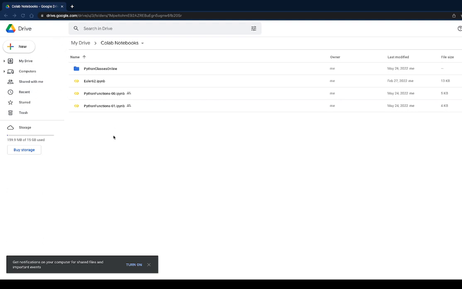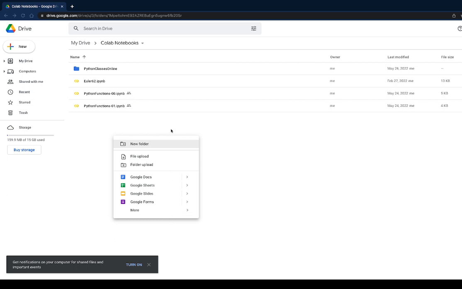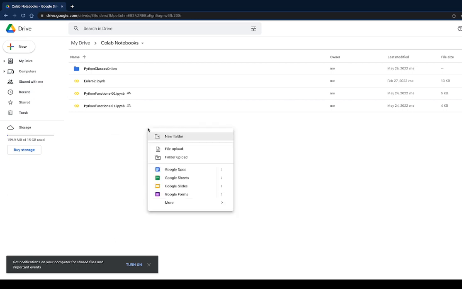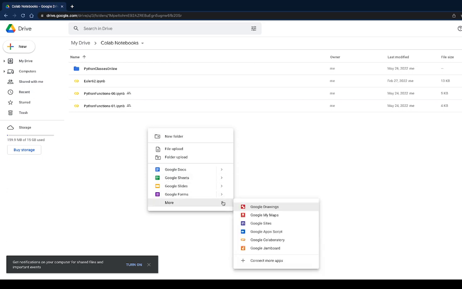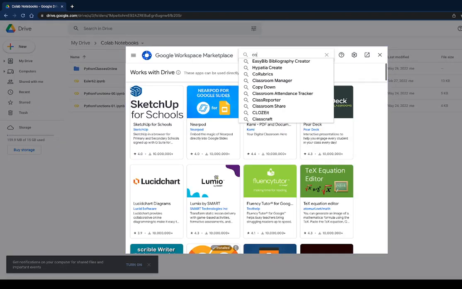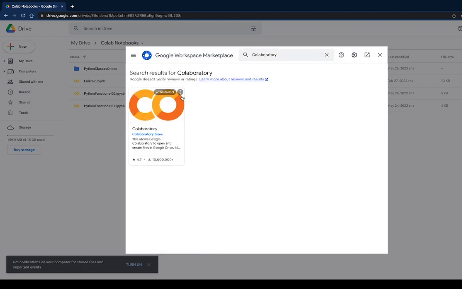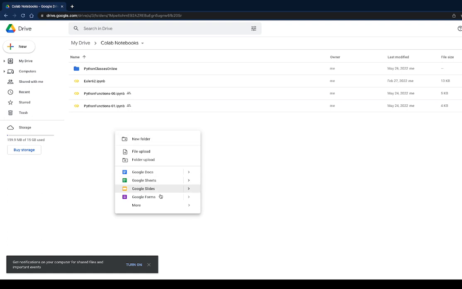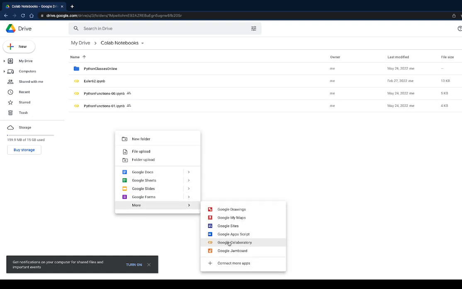You just go to your Google Drive. It auto generated this for me. You can make whatever folder you want, and then you just sort of double click or right click and go to more and connect more apps and just search for Google Colaboratory and you can install it there. So you just come here, type in Colab, and just install it. I already have it installed, but once it's installed, you can come here and make a new Google Colab notebook,